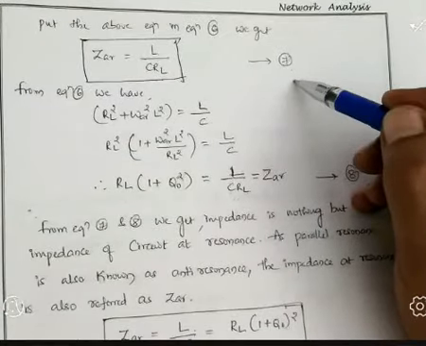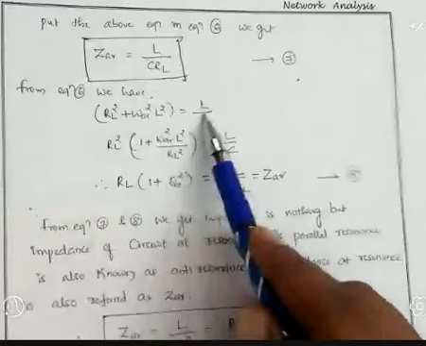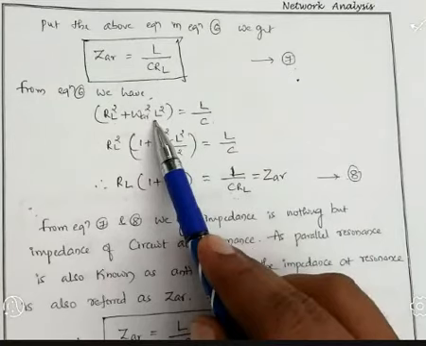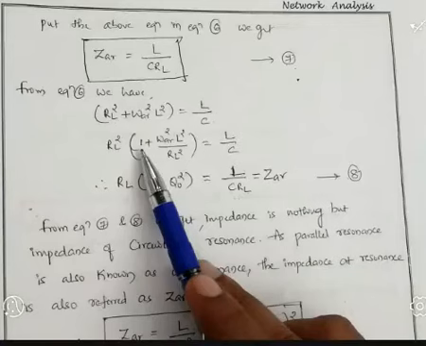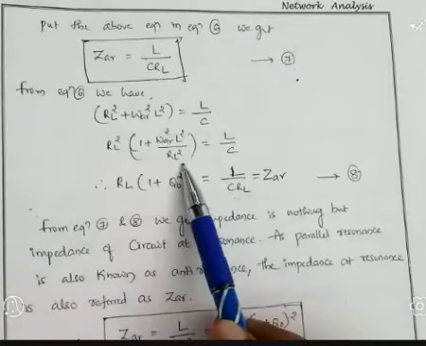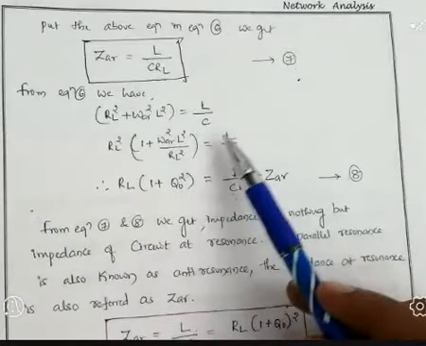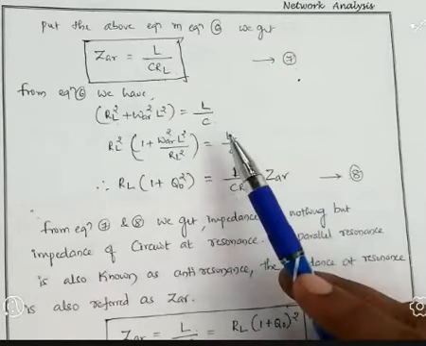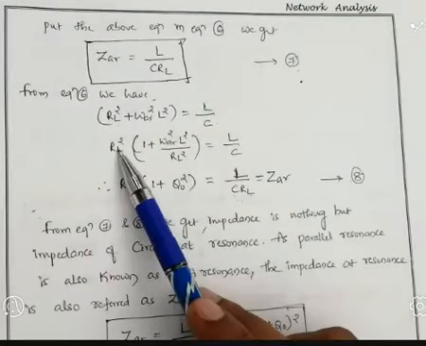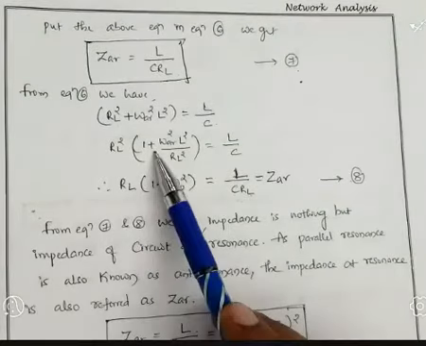Now comparing from equation 6, the previous equation, what we have? RL square plus omega AR square L square equal to L by C, correct? Now let us take RL common from this term. From the LHS, RL square taking common, left with 1 plus omega AR square L square divided by RL square. That is equal to L by C. Next, I will take one RL towards the RHS.